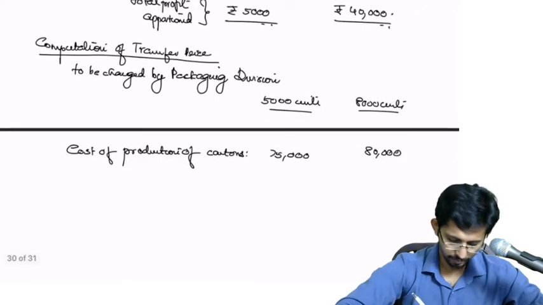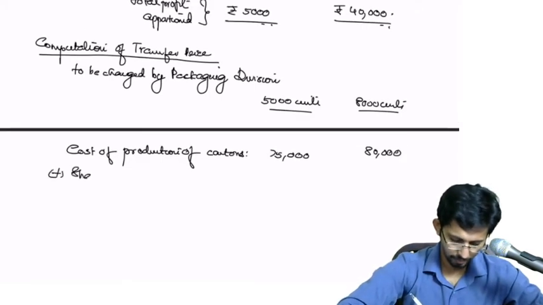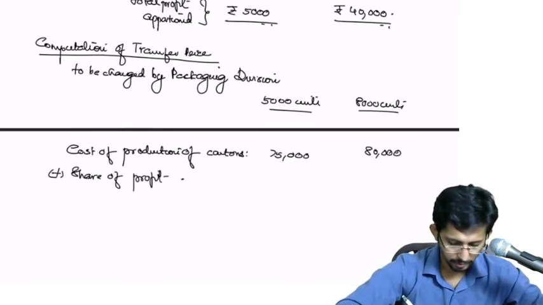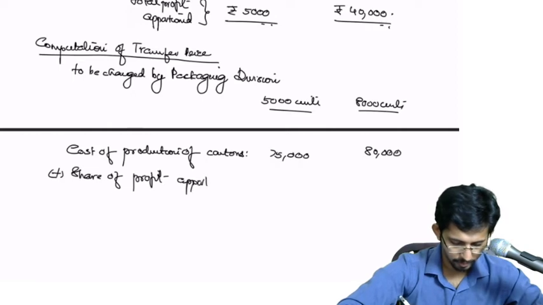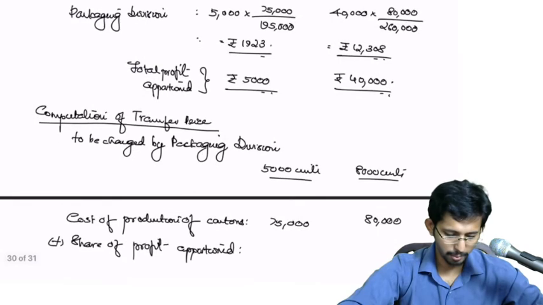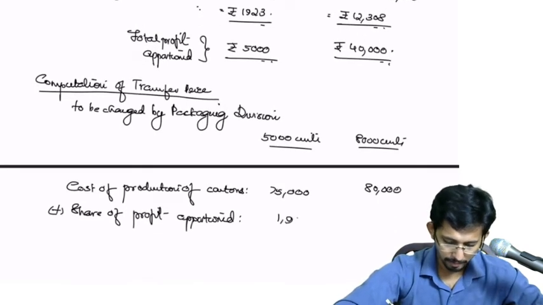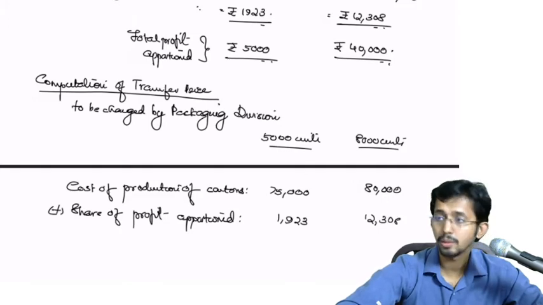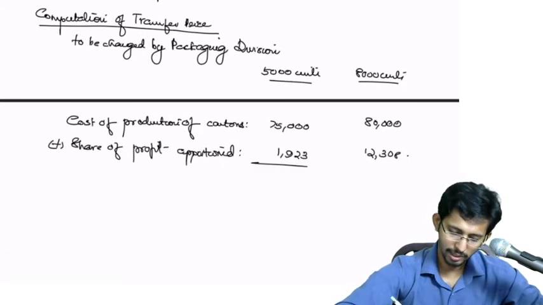Add share of profit, apportioned. What is the share of profit apportioned? 1923 and 12,308. So total